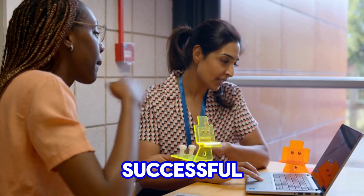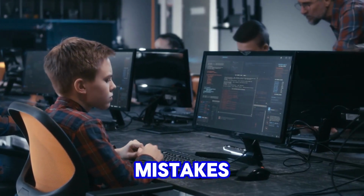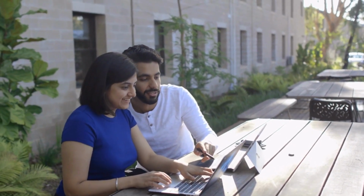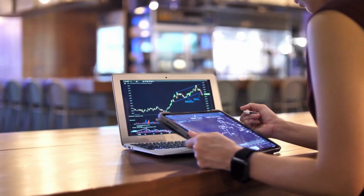Analyze your successful trades to understand what worked well and why. Similarly, examine your losing trades to identify mistakes and areas for improvement. This continuous learning process helps refine your strategies and enhances your decision-making skills. Keeping a trading journal can be particularly useful for documenting your trades and thoughts, making it easier to review and